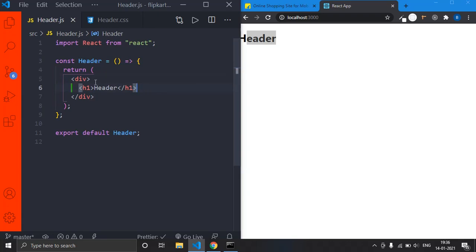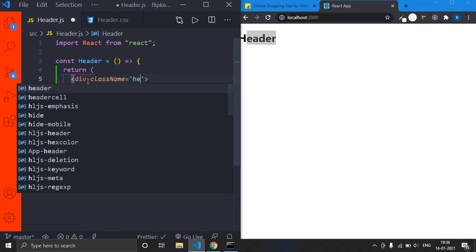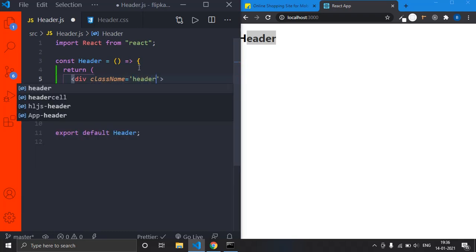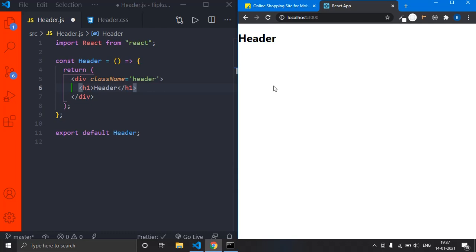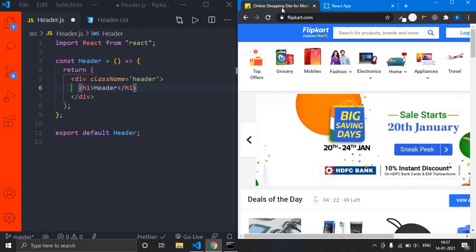So these are the steps I follow in every video. First I will create a component, and that is the JS file. And next thing I will do is create a CSS file for that, and I will name that as header, right? So these are the three steps I follow in every video. That is, first I will create a JS file and then a CSS file, and then I will name the first div as header. So now we are going to make this header, right?